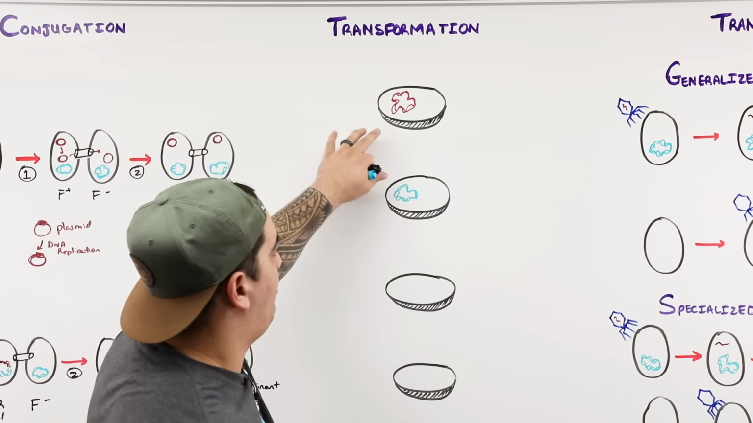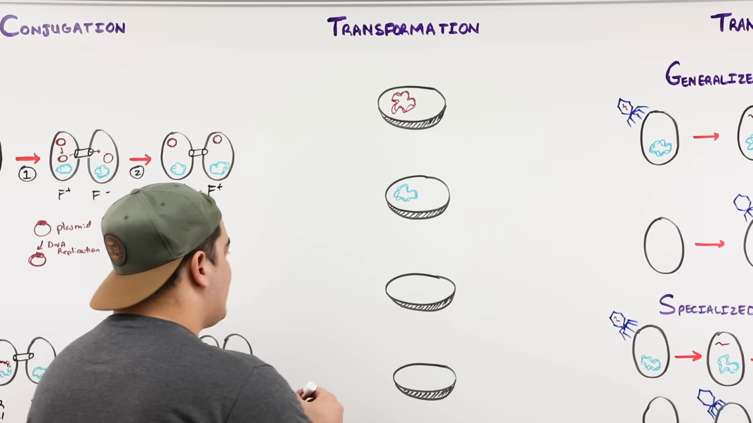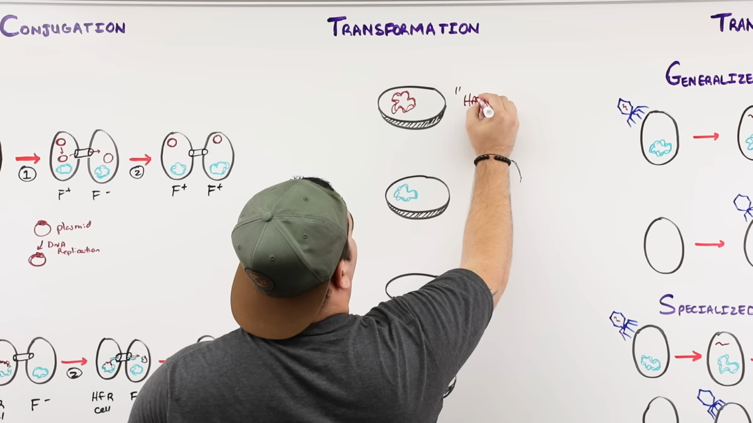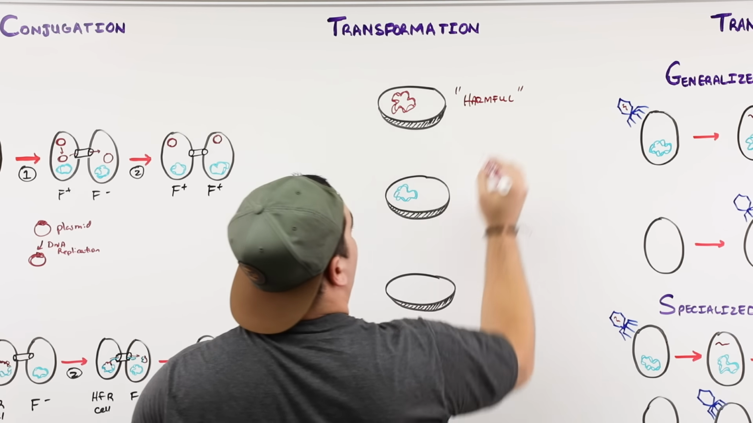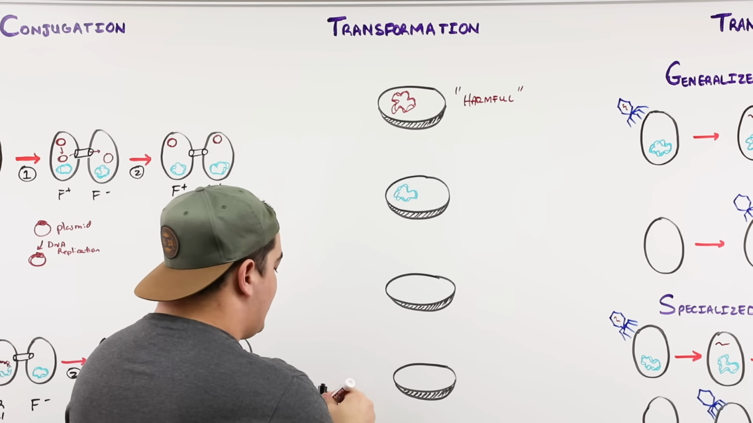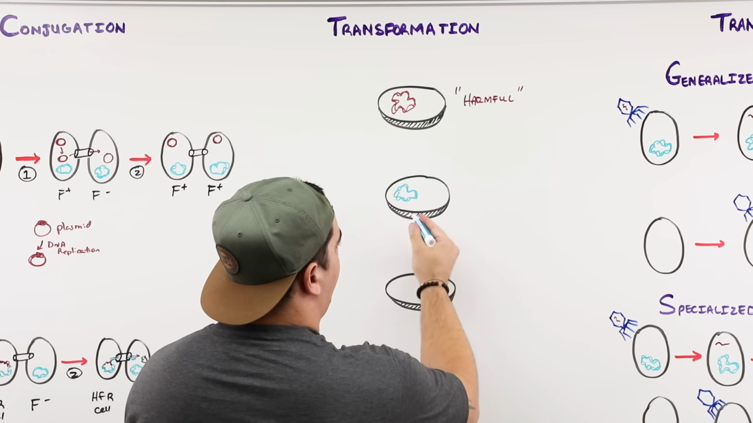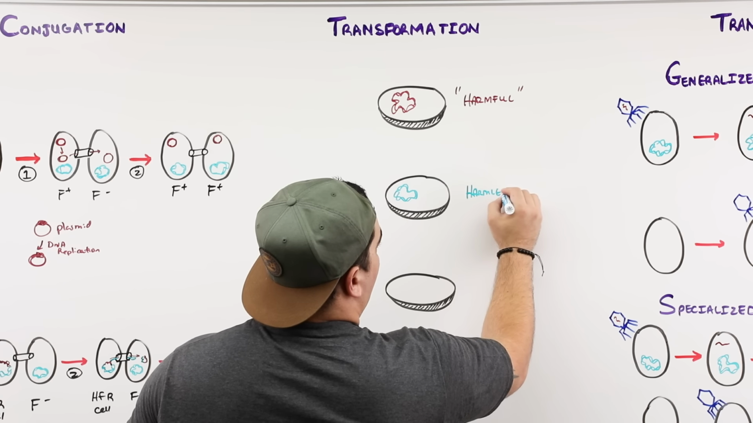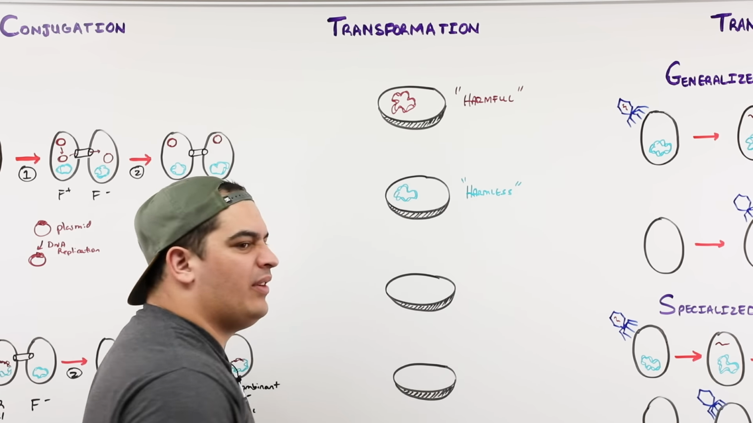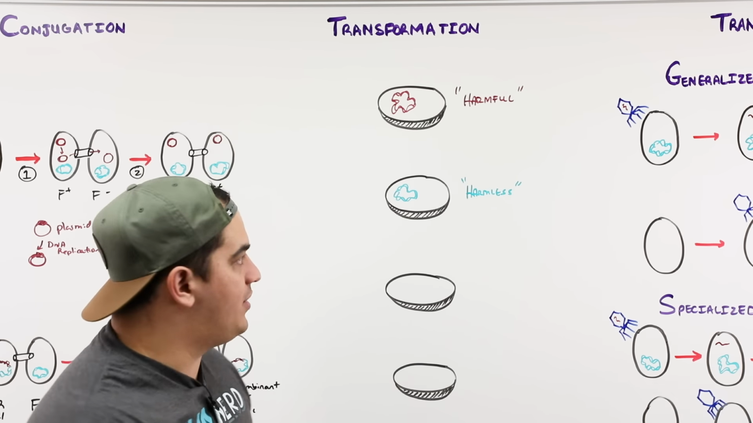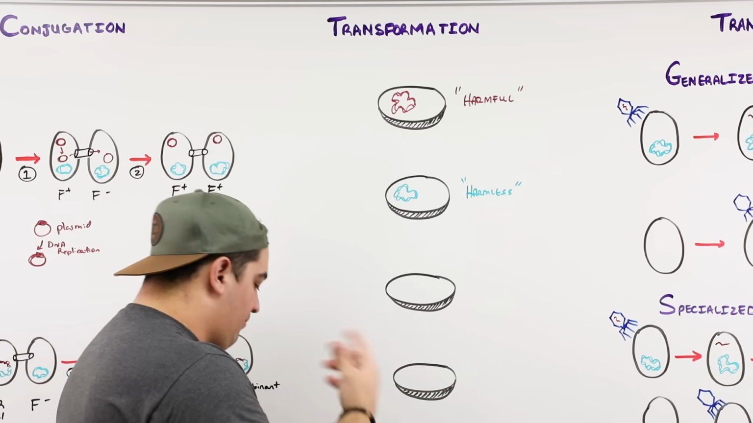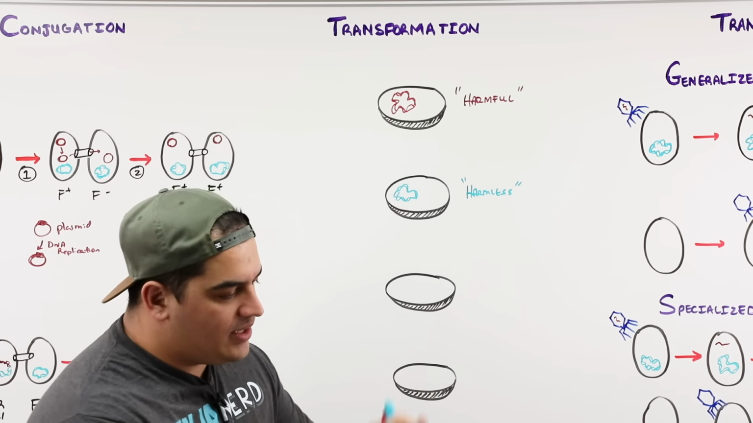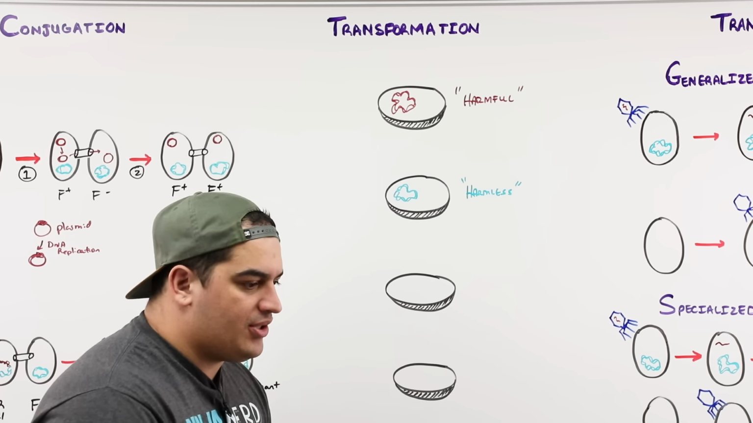So let's say that we take, for example, a bacterial cell, and let's call this a harmful type of bacterial cell. And this other bacterial cell, which has the blue DNA, is harmless. In other words, it doesn't really have the ability to cause a lot of damage to the host cell or tissue cells. Let's say it's in the body, this bacterial cell gets into the person's body, and